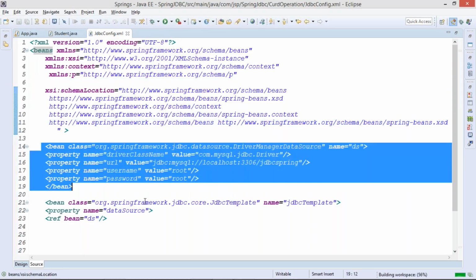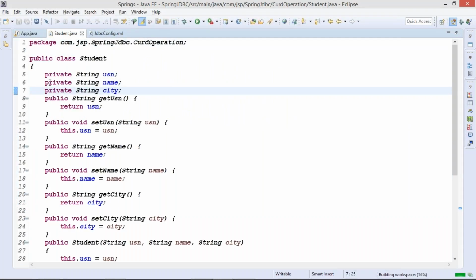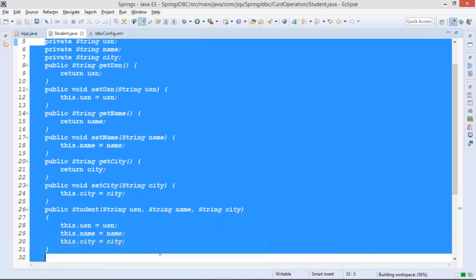By default, these two configurations should be done. Now after that, we have created a class, that is Student, and we have assigned some properties, guys. Next, what we are doing basically,